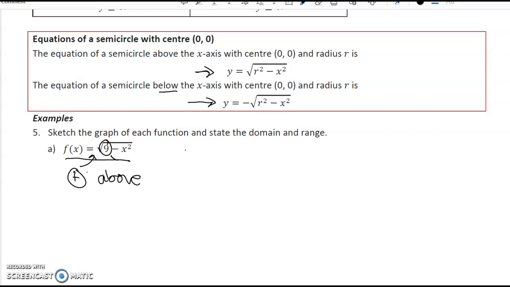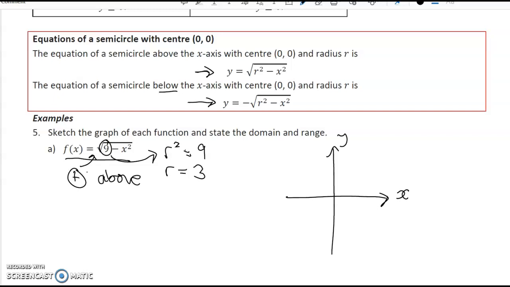And this number in here tells us that the radius squared is equal to 9, so the radius has got to be 3. So if I was going to draw this, I know the radius is going to be 3, and so the semicircle will be something like that,